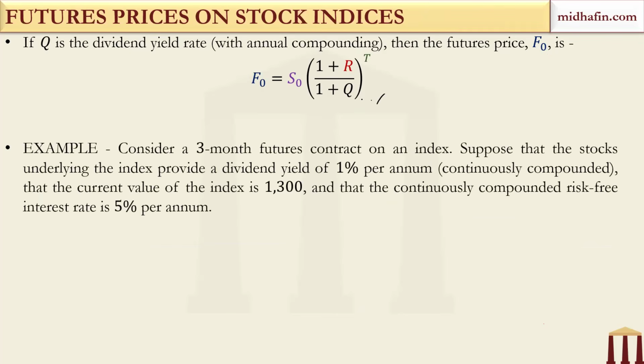Same formula. Nothing has changed. The only thing that has changed is the underlying. Now it's a stock index. We are talking about a stock index. So same formula. Suppose there was no dividend yield, there was no Q, then this formula would